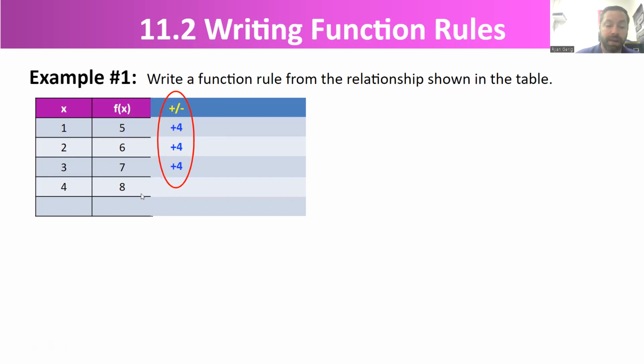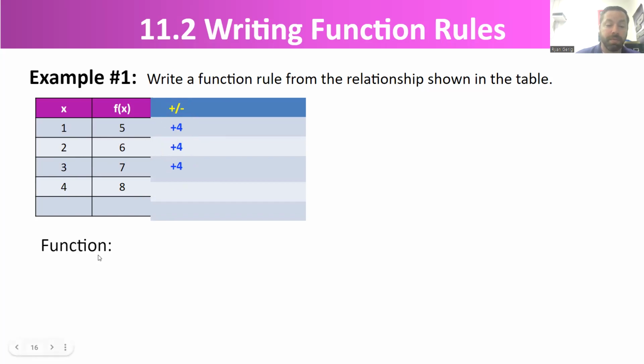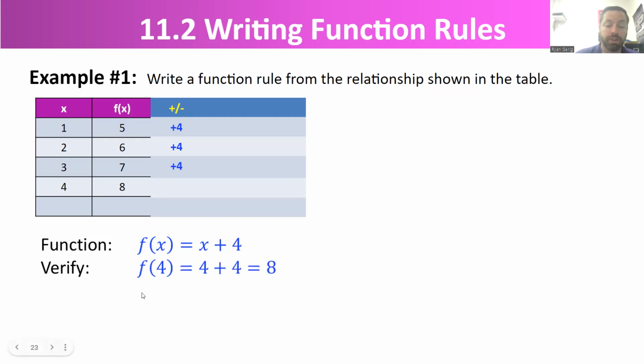So we've got our pattern. Now let's write our function from that. So our function rule, how do I get f of x? So f of x equals, well, it's going to be the x value and what I do to that x value. So what did I do to x? I added 4. And there's my function rule. And I'm going to use that last point there to verify, to make sure it worked. So f of 4, I'm putting 4 in for x, would be 4 plus 4, which is 8,